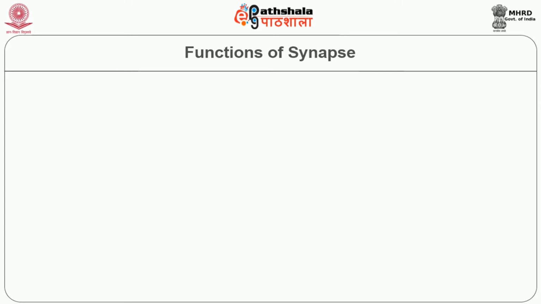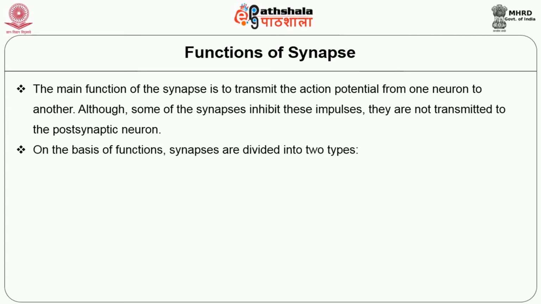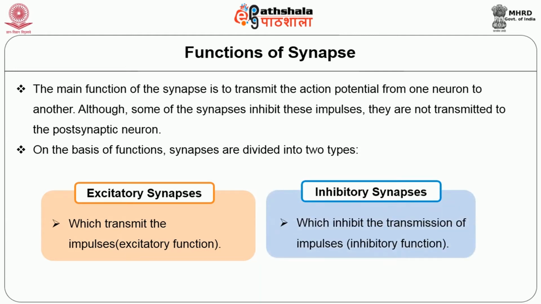Now let's see about the functions of synapse. The main function of the synapse is to transmit the action potential from one neuron to another. Although some synapses inhibit these impulses, they are not transmitted to the postsynaptic neuron. On the basis of function, synapses are divided into two types, excitatory and inhibitory. Excitatory synapses transmit the impulses, that is the excitatory function, and inhibitory synapses inhibit the transmission of impulses, that